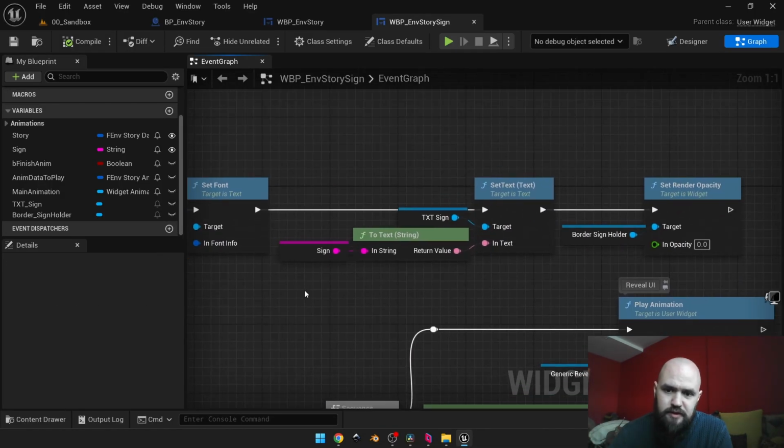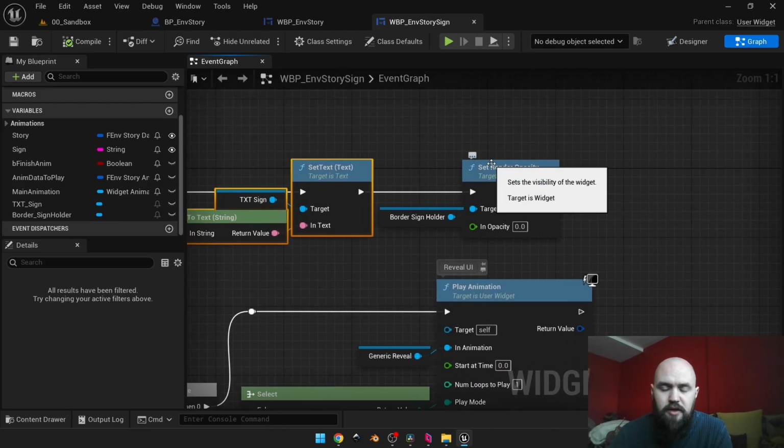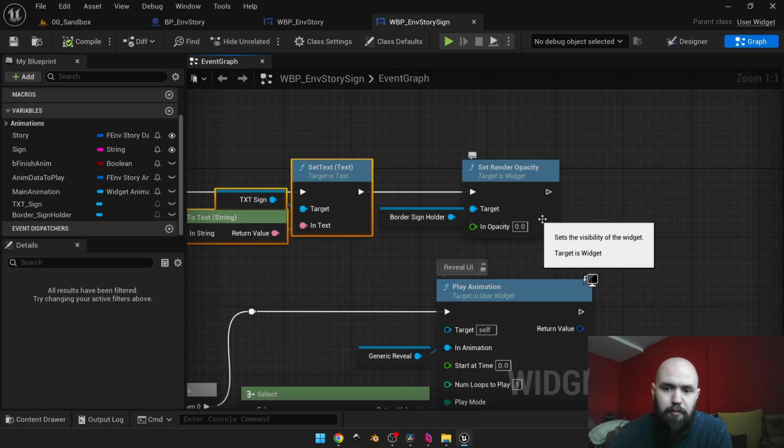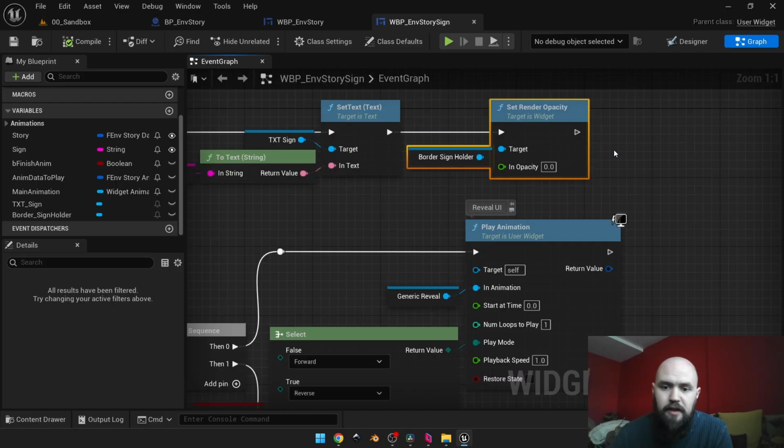Also we need to set the text for our sign. As this one is a string, we simply need to convert it to text and assign it with the set text. Also, here you may see that the border is the parent for our text element. We set the opacity to 0, and we have the reason for this behavior,